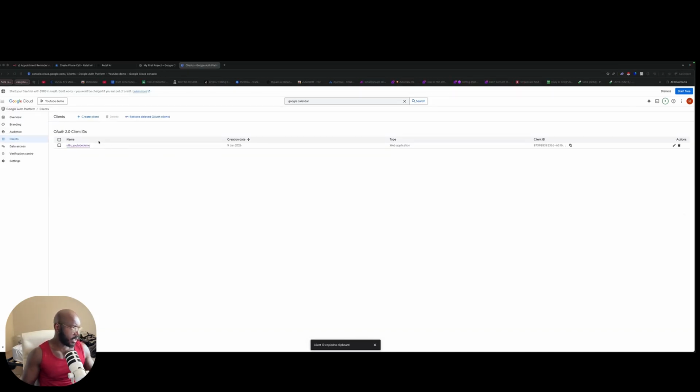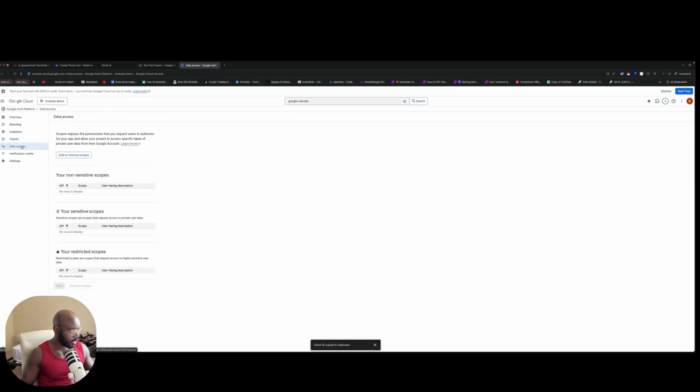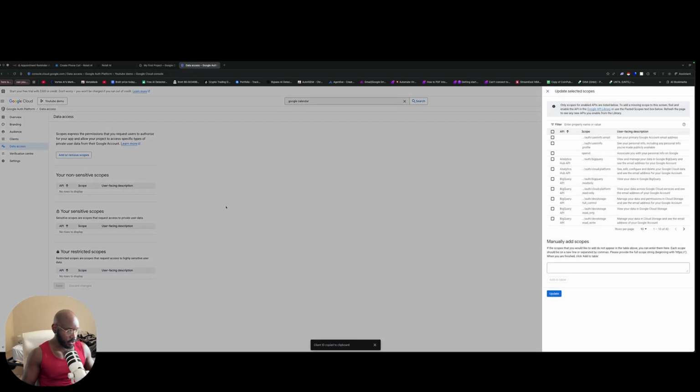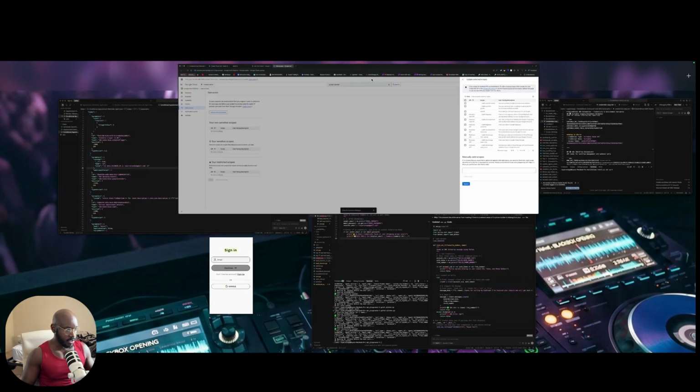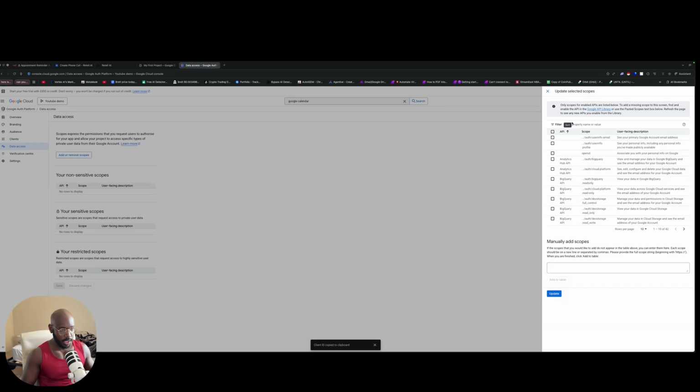So we've already created a client ID. So N8N can now talk to the Google Cloud Console, right? However, what you'll find is you haven't actually given Google the go ahead to send specific data sets to N8N,